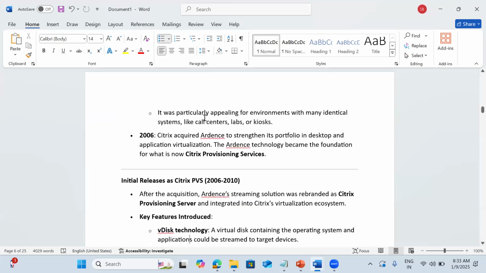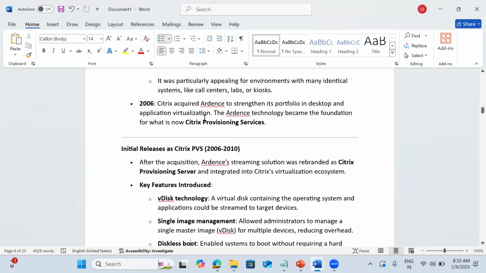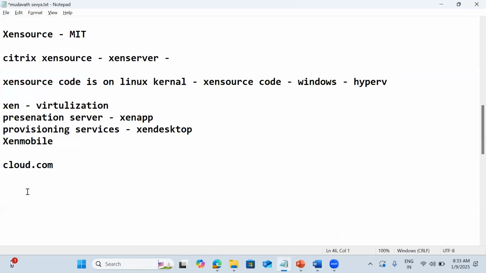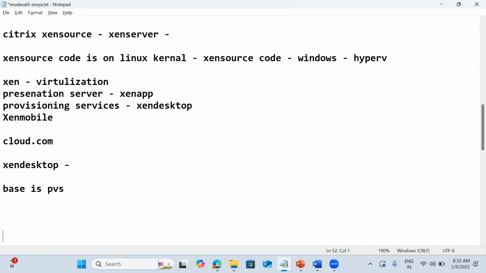Citrix came with the provisioning services, but provisioning services was not renamed into XenDesktop. For XenDesktop, till 4.x, the base is PVS.